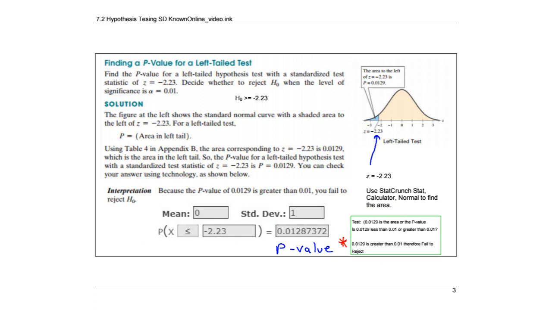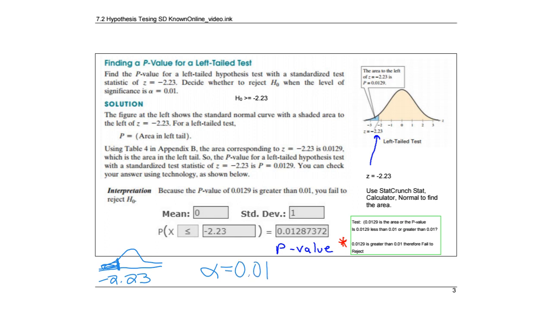Okay, so I know there's a lot going on here, but let's take it piece by piece. It says find the p-value for a left-tailed hypothesis test. All right, so I'm going to draw that down here. It tells me that it's a left tail, so I'm going to be pointing to the left. They tell me the standardized test statistic z is negative 2.23. So remember, z is always on the number line. So negative 2.23 is this point right here where the shading stops. And then we're going to compare that with a level of significance of 1%,